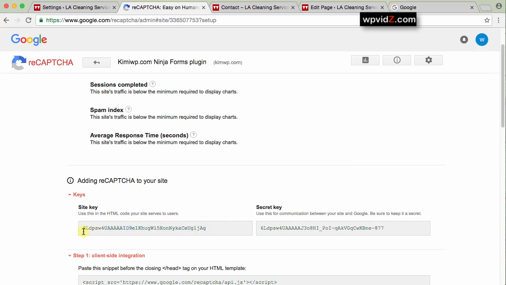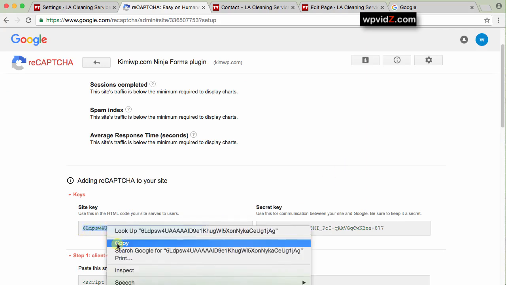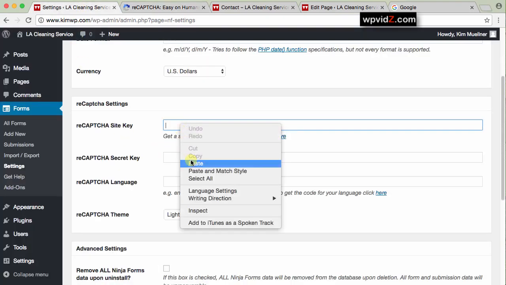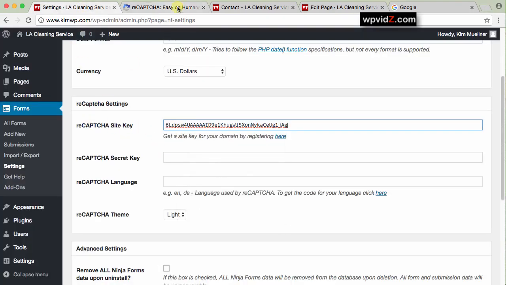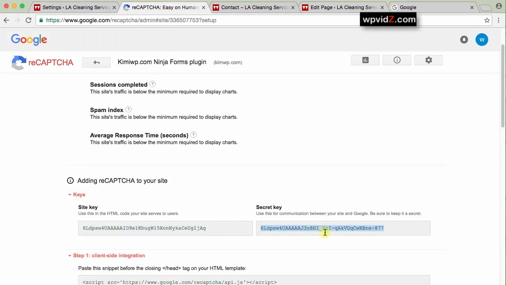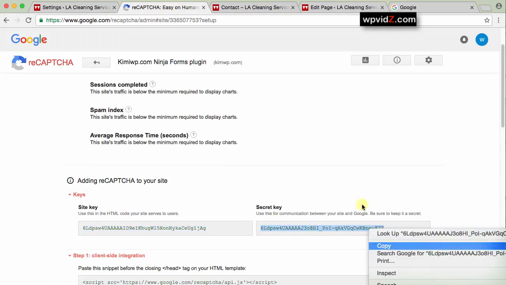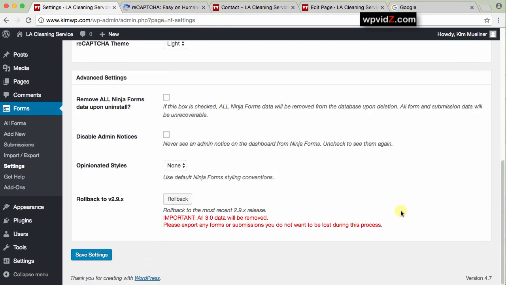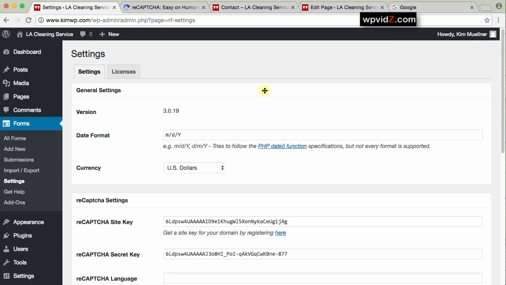Now, as you can see, we have the site key. Just copy this, go back to our settings area and paste it in site key. Okay, and then go back there again and copy the secret key. Put it here again, and scroll down and save settings. Now that we have set our reCAPTCHA, let me close the other tab for Google,